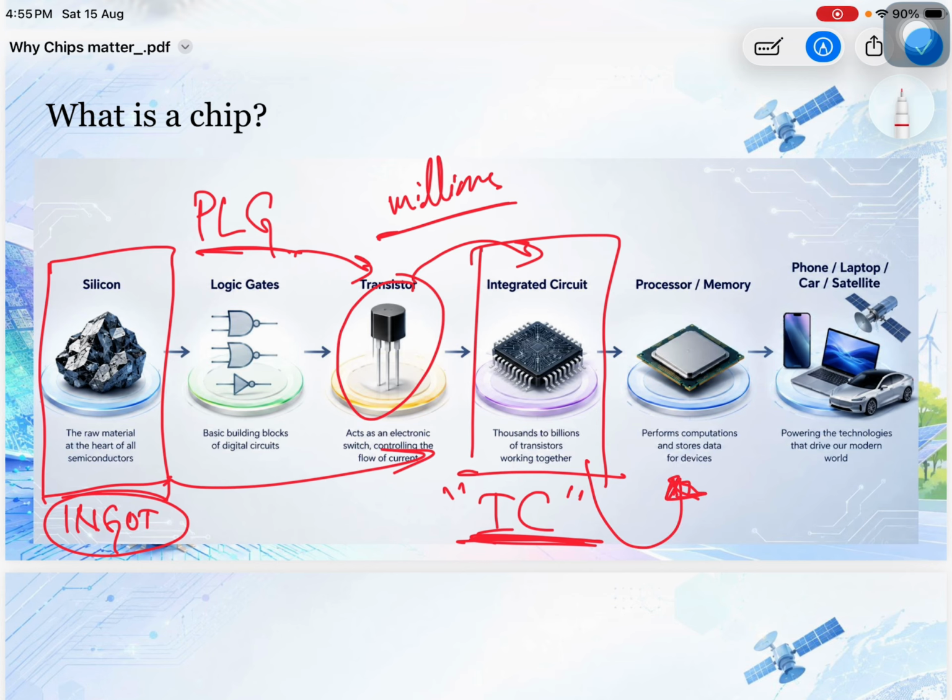You can ignore the memory word as of now. It makes a proper processor, which performs computations and stores data for devices. This is something I need not explain. This processor is there in every product, every appliance that you used in childhood. You must have played video games, and even that had a processor, a very simple one. Your phone, your laptop, your cars, even satellites, airplanes, everything, your refrigerator,